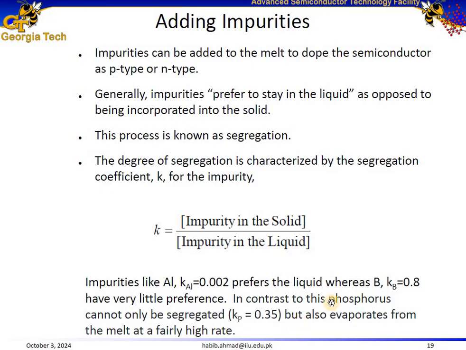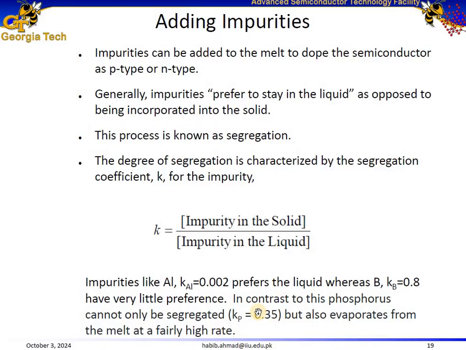So the takeaway point is, for example, comparing boron versus phosphorus doping of silicon. We know that in order to dope silicon p-type, we need to add a trivalent impurity such as boron, and in order to dope silicon n-type, we need to add a pentavalent impurity such as phosphorus. Looking at the segregation coefficients, it's going to be easier to dope silicon p-type with boron as compared to doping it